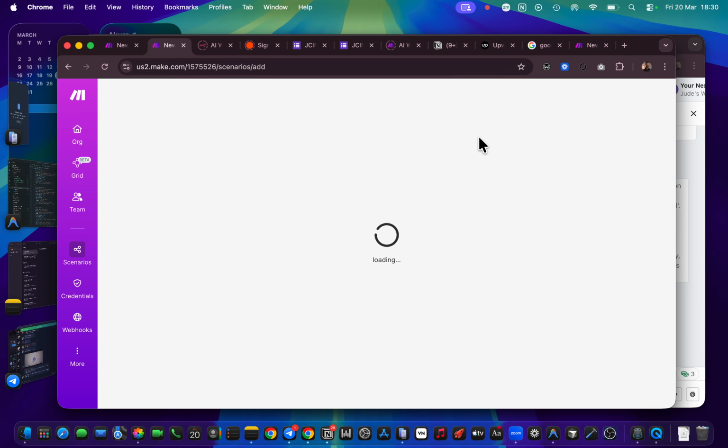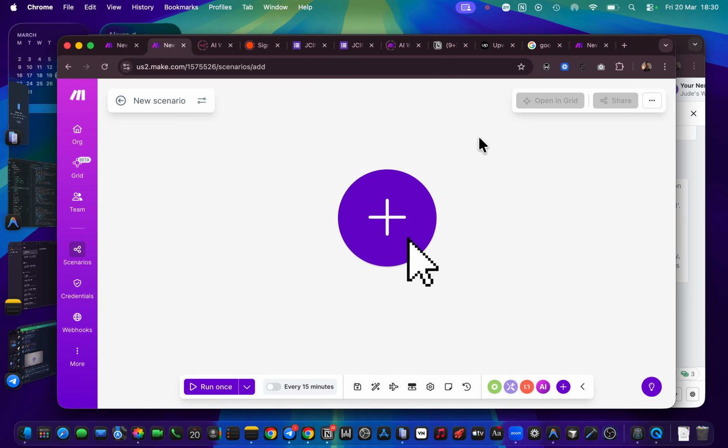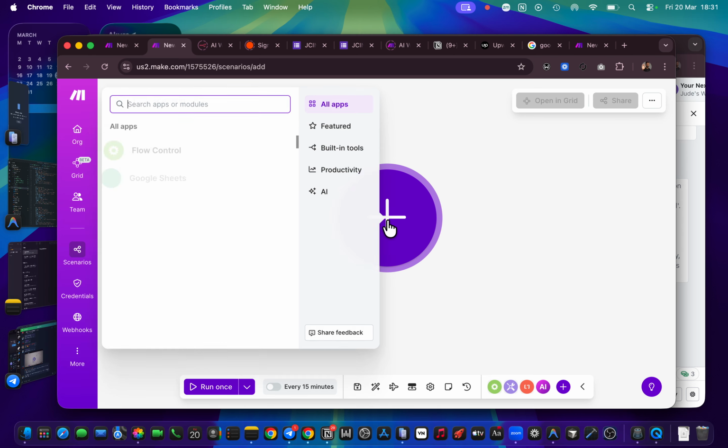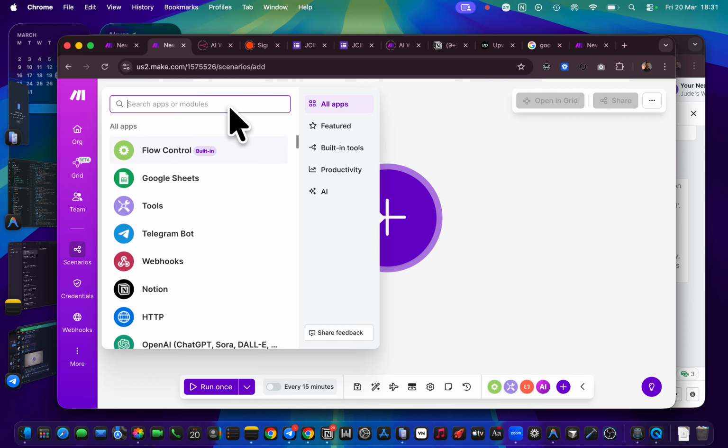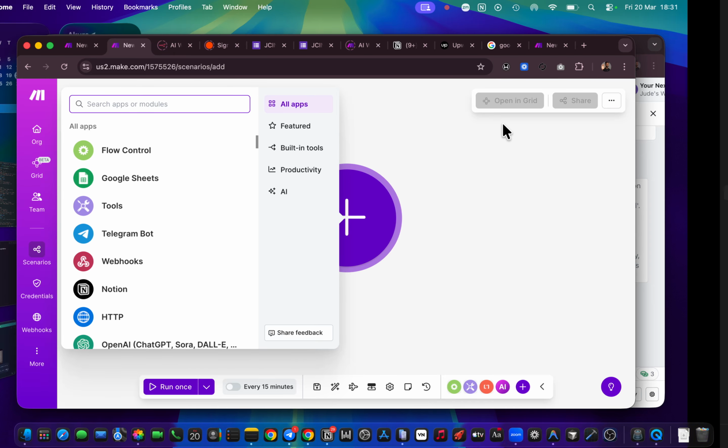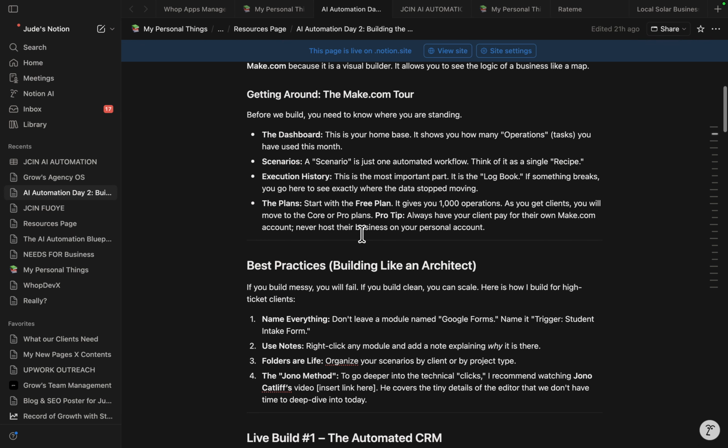So we are creating a scenario, and in this case you need to be watchful of a couple of things. If you are building an automation for the first time, you need to know how to add in apps. For most apps we are going to address in this class, you find them readily available here. How do you add apps? You click on this plus circle, you see this come out, and you can type in the apps. Now, we have a live build, something we need to build, and we have it somewhere around here.